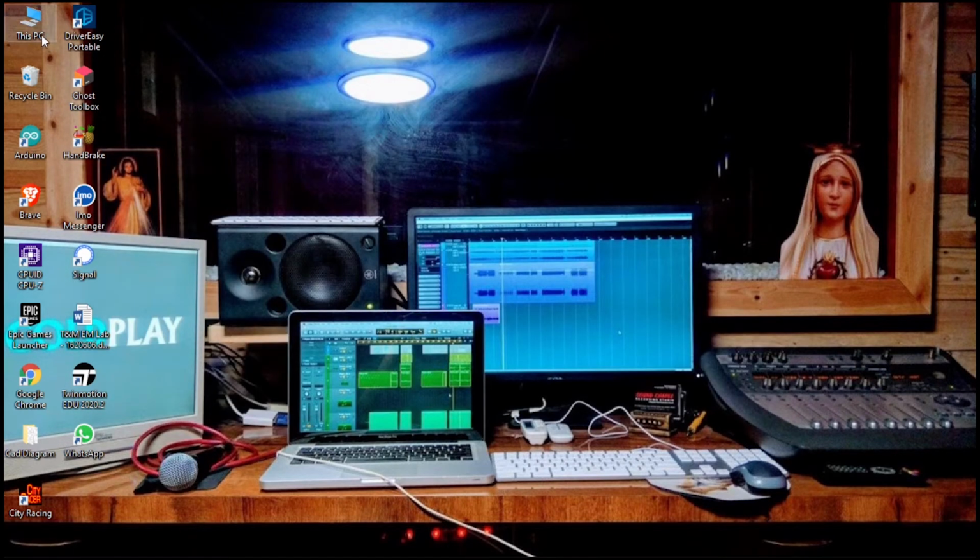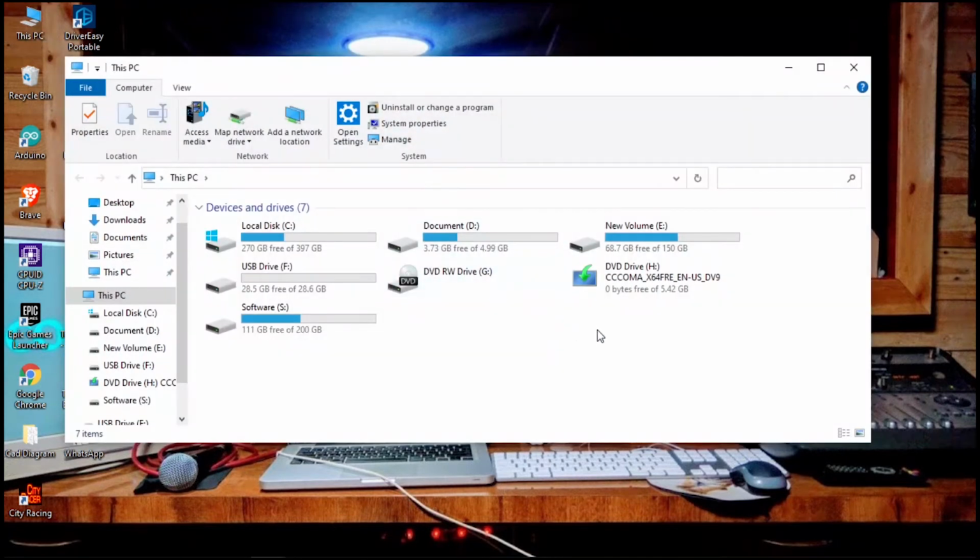We'll see our pen drive, so we'll click on this PC. So here we can see this option will come, so it will prove our pen drive is bootable. So now here we can see whatever we did, the result has come. So now we will do the final process.